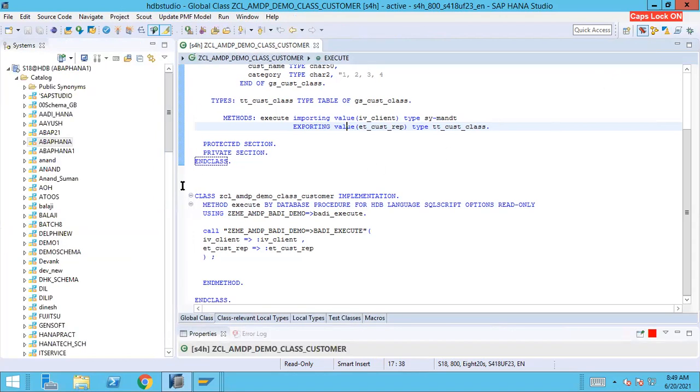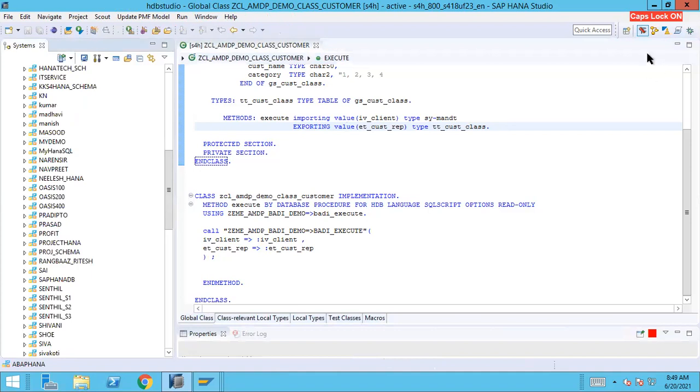Here, if you want to write some SQL script, you will have to go into the HANA administrative perspective or the HANA development perspective. Okay, or you can go to the HANA modeler perspective. In any of these perspectives you can open the SQL console.